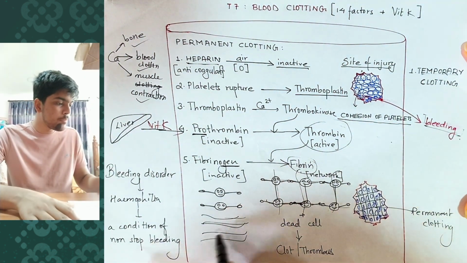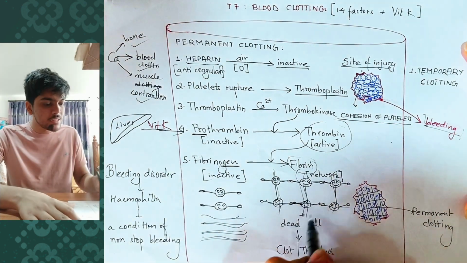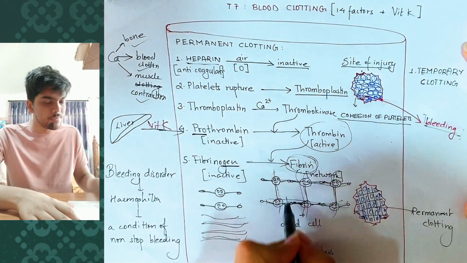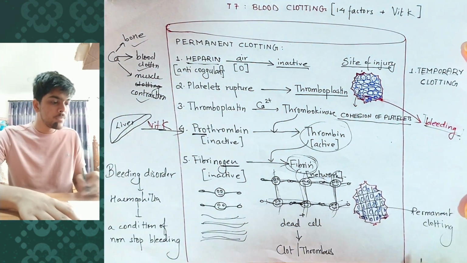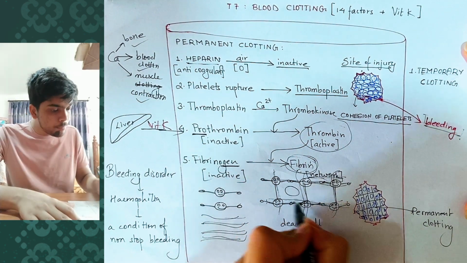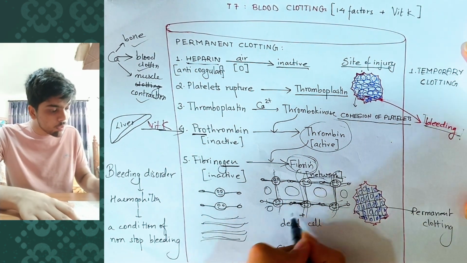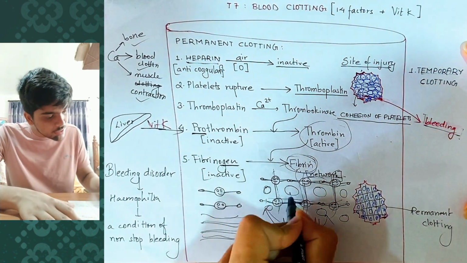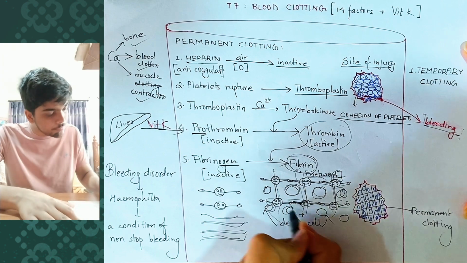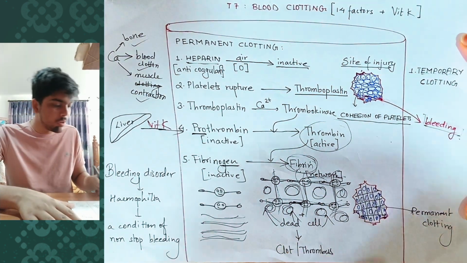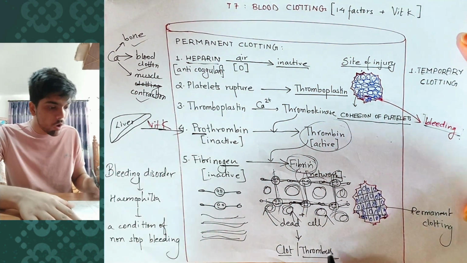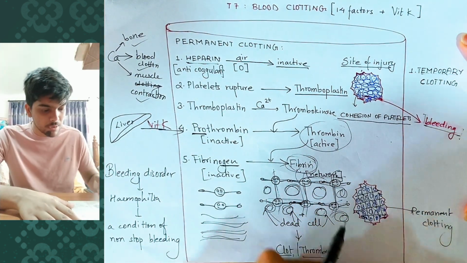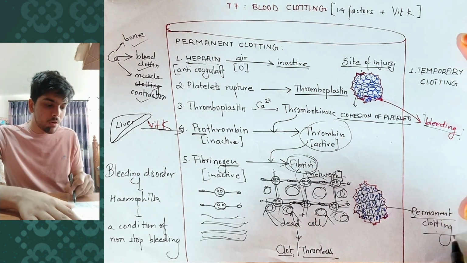So here are your fibers that are present individually. These fibers form a network. This network or maze of fibers is known as fibrin. The spaces in this network get filled with dead cells. The dead cells go and stay here and form a Band-Aid-like structure, or clot, or thrombus. This clot or thrombus covers this place up or patches this place up, and permanent clotting takes place and